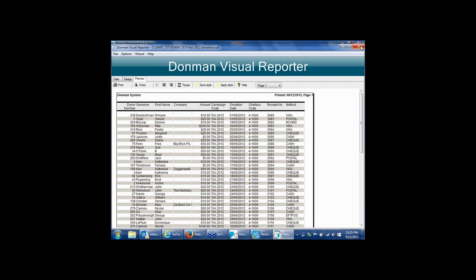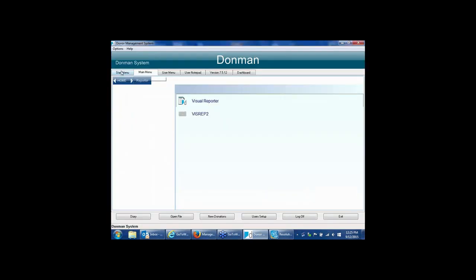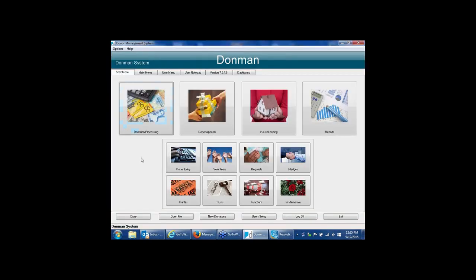Okay, so that's using VisRep to do a report for that sort of thing. Any of the fields that you've got on the donor record or the donation, you can use donation type, donor type, anything at all, you can then include in your report, and you can then do different things with those as